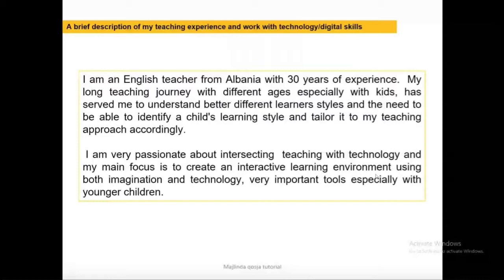My teaching aim is to create an interactive learning environment using imagination and technology, very important tools, especially with younger children. I love technology, and during my classes, I have used technology and encouraged my students' learning with technology. I have used Microsoft packages for years. For me, creating PowerPoint slides, posters or grammar sheets, and using the interactive whiteboard in my lessons is not a novelty